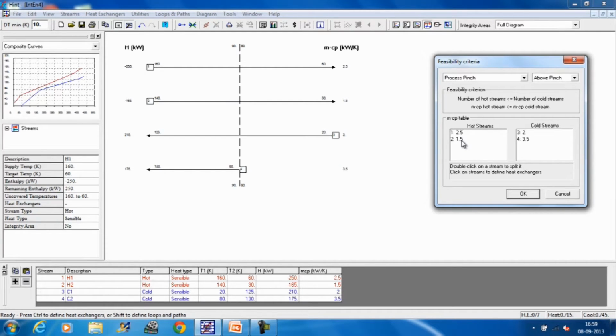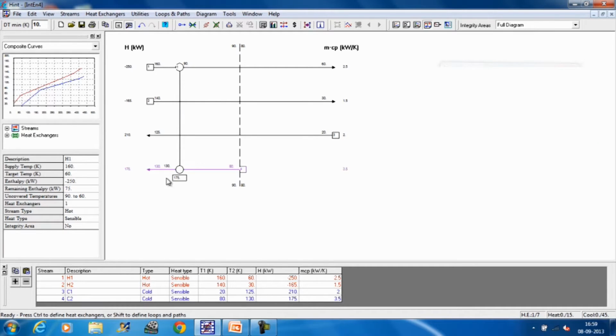I can match this 160 to 60 stream, that is stream number 1, with this stream, because here this is 3.5, this is 2.5. So, 2.5 and 3.5 I press. The color changes. It shows that it is a feasible match. Now, to place the heat exchanger, I can click it again and I can say OK. It places a match,